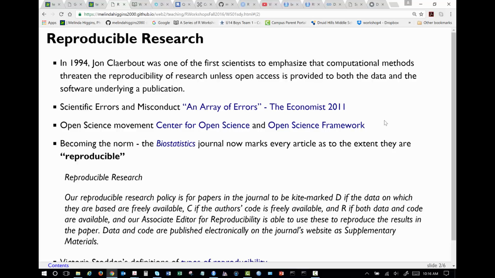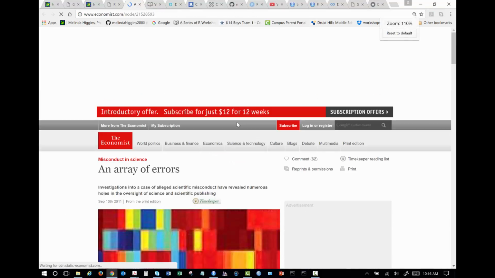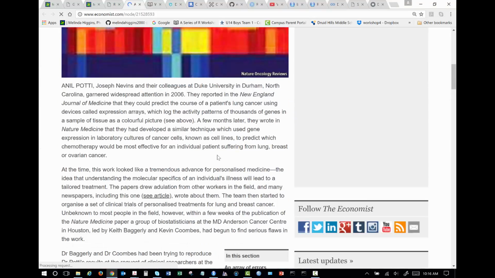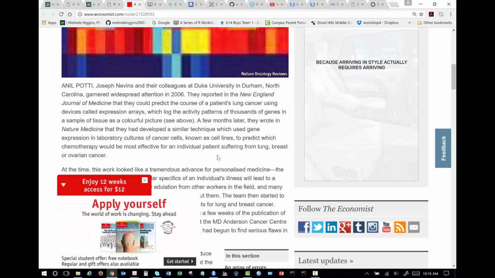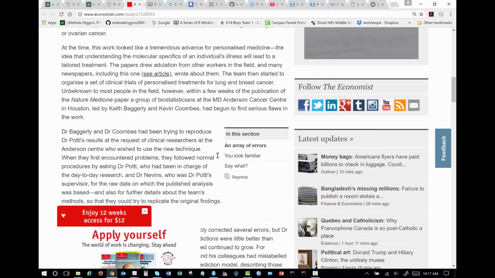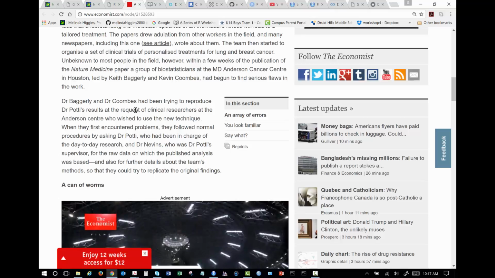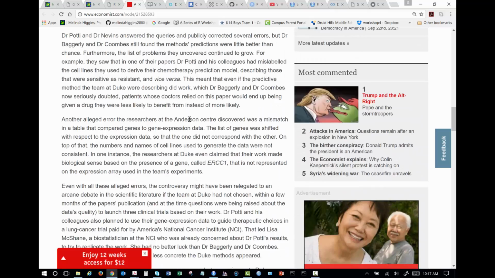I've got my text, and somebody should be able to go back and see exactly what I did and follow all of those steps. All right, so if you're interested, this article here, published in The Economist, talks about the misconduct that occurred, and some of it truly was misconduct. Like the PI that worked on this project actually lied on his CV. I mean, there was a whole bunch of misconduct going on. But that said, the guys that worked on this at MD Anderson were interested, Dr. Baggerly and Dr. Coombs, they kept trying to reproduce this guy's results. And one of the first things that they did, and I don't know if it says it here, is a fantastic TED Talk that goes through all of this.